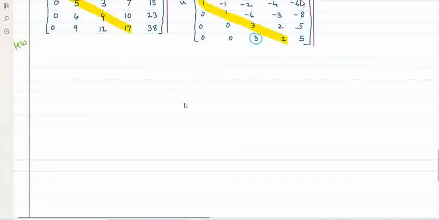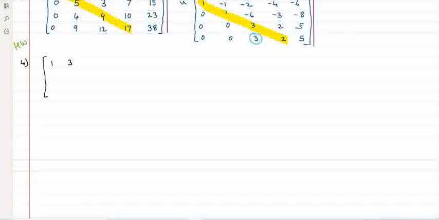Homework that you have to complete. Under the same title, you can continue with the numbering. Fourth example: 1, 3, 1, 3, 4 and 3, 3, 9, 12, 9, 1, 3, 4, 0. That is the first matrix. And the fifth one,